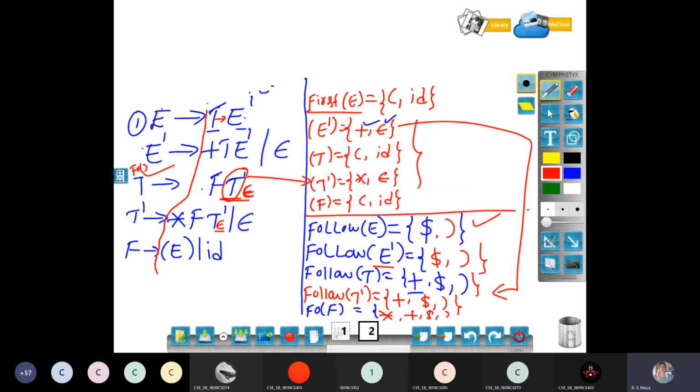Okay, search anywhere in F other than the third line. We have it in the fourth line. T dash, what happens? T dash is what? Non-terminal. Star you have already copied. Because of epsilon, I have to go to the head of the production of T dash. What is the head of the production of T dash? Plus, dollar, close parenthesis. Same thing is coming, then it should end. Clear?